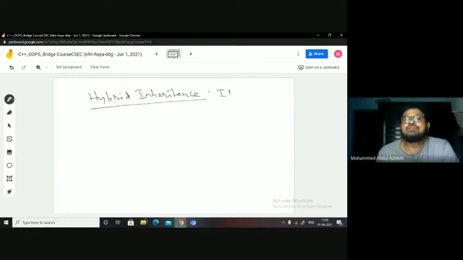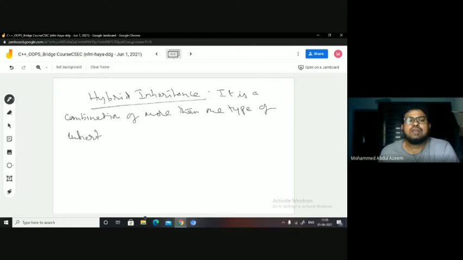It is a combination of more than one type of inheritance, in the sense that if I combine single level, multi-level, multiple, and hierarchical, or if I combine multi-level and multiple, it is also said to be hybrid.